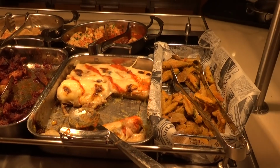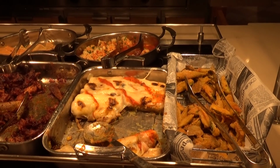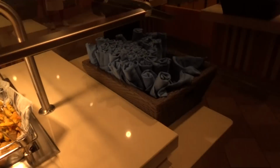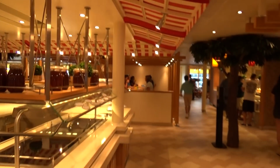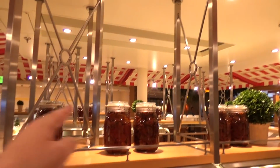Turkey meatballs. Fried okra. Black bean and pumpkin enchiladas. There's some good stuff. Some different stuff here, too. And one thing I would recommend is go to the buffet. There's 2 different buffet sections. If you go to the one farther towards the back of the ship, there's going to be more offerings, including